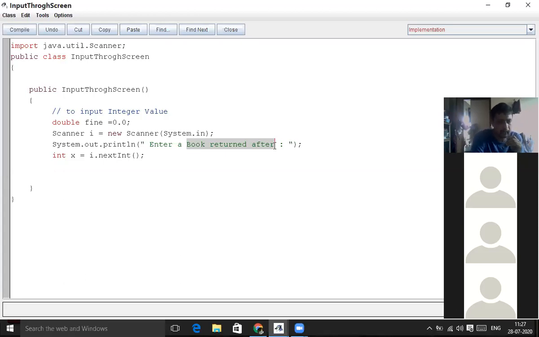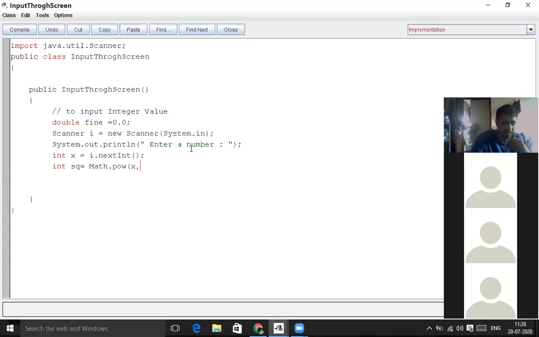First input a number, and you want to see the value as the square of that number. I can write double, or I can write int also, no problem. I can write int sq, the square of the number. Square is the name of the variable, don't take it otherwise. So we go for Math.pow of x comma 2.